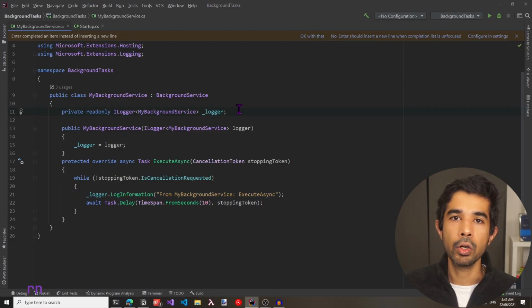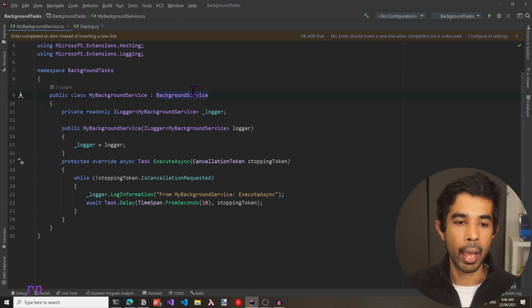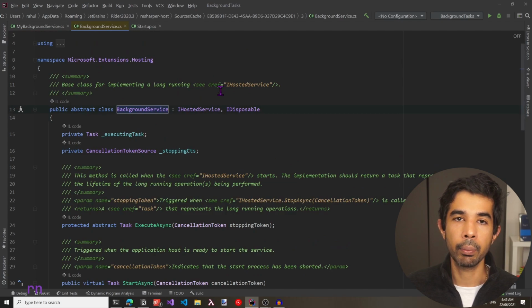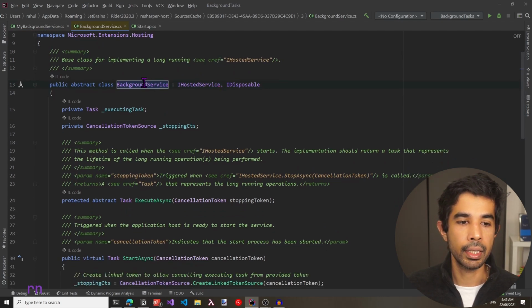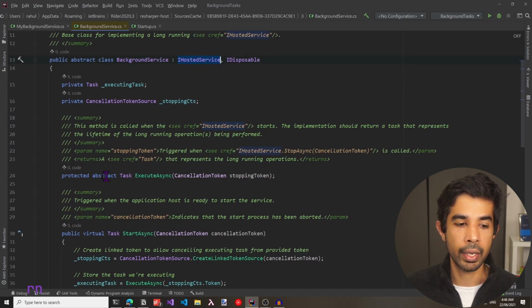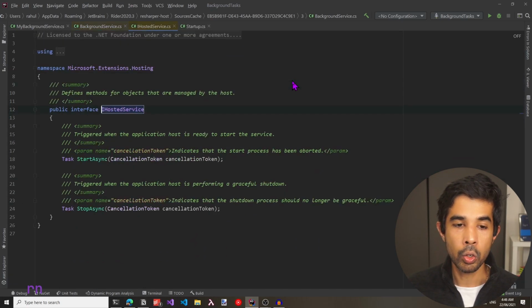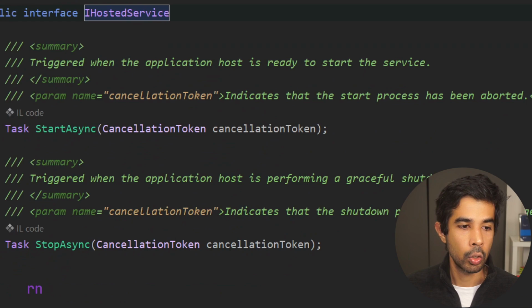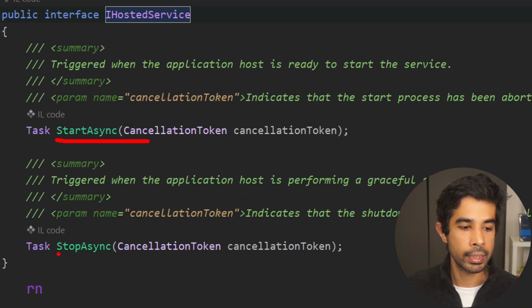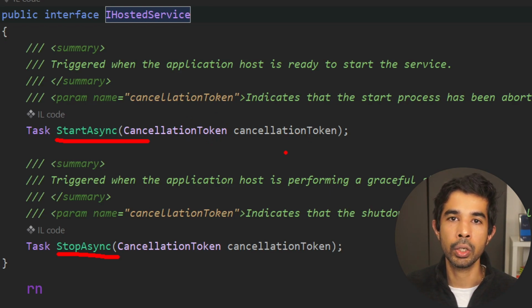Now that we have a background service task running successfully at a regular interval, let's understand a bit more on how this works together. So navigating into the BackgroundService class in Rider, it shows me the implementation details of that class. Here you can see this is implementing an interface, IHostedService. Now this also specifies the abstract Task ExecuteAsync method that we had overridden in our background service class. If we further navigate into the IHostedService, we can see this has two methods, which is the StartAsync and the StopAsync methods. Both of them get in the cancellation token that we also saw in our ExecuteAsync method.